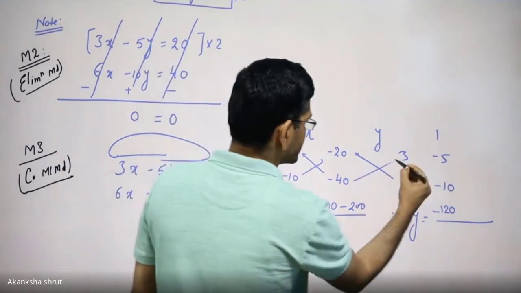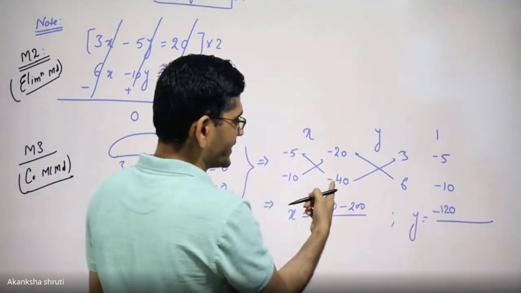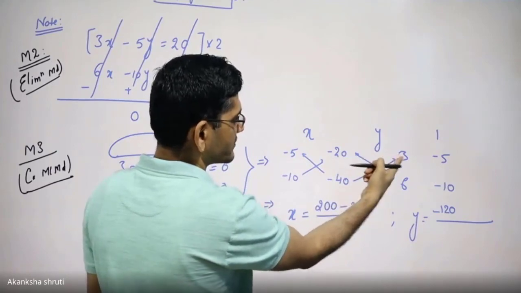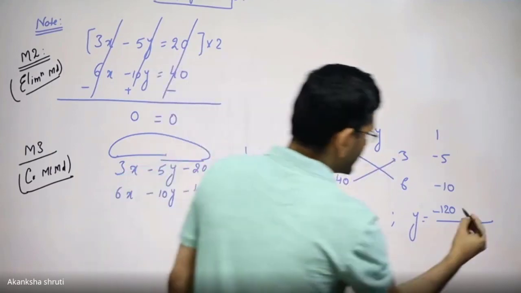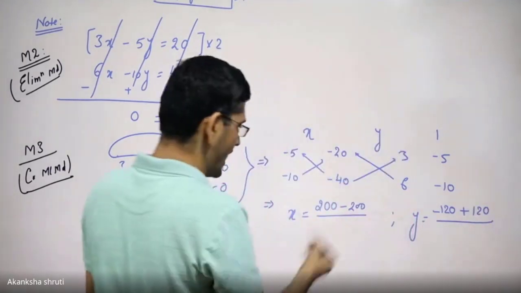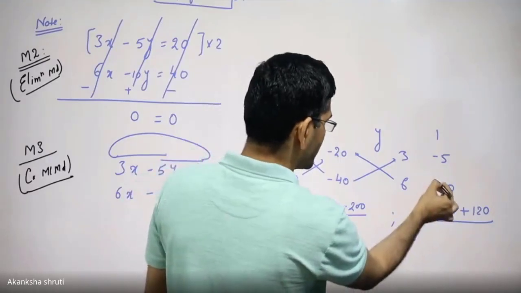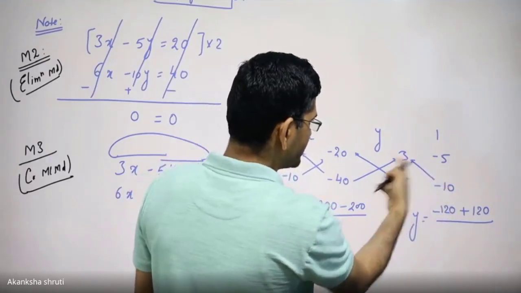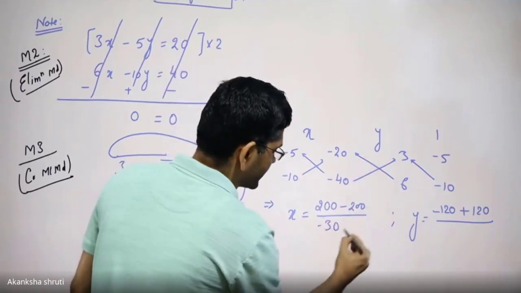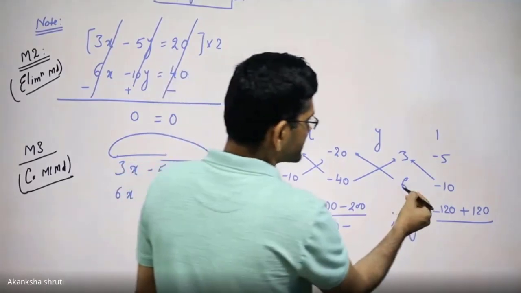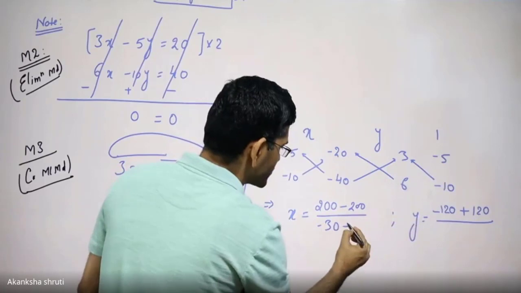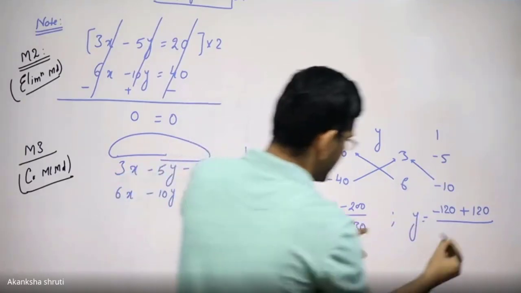Then write upward, -40 multiplied by this 3, that is -120, and -10 turns positive. Now write down the denominator of both. Multiply 10 with the 3, it is positive, minus 30, minus 6 multiplied by 5, 30, but this is minus, so it turns plus. The same is also here.